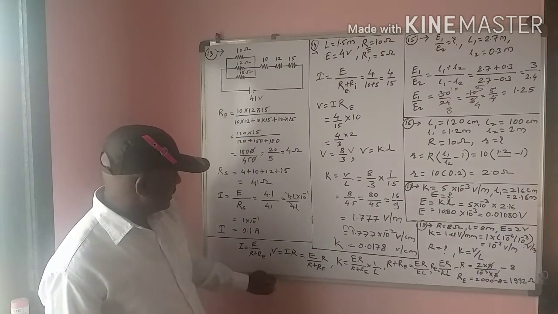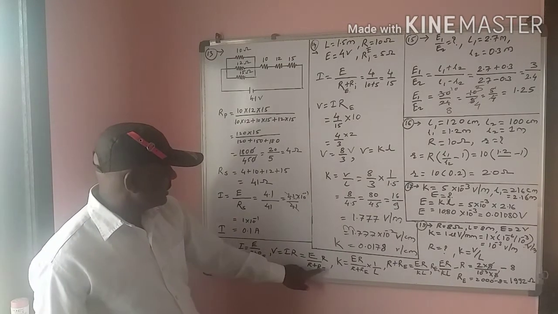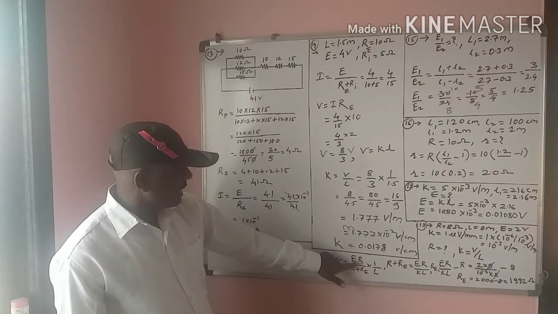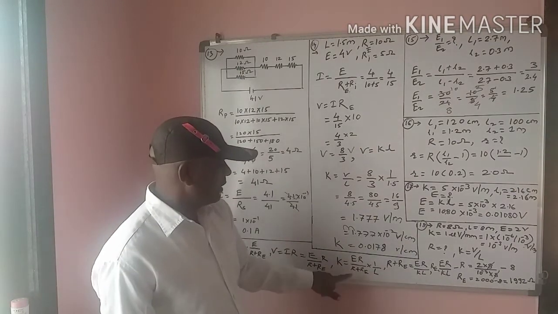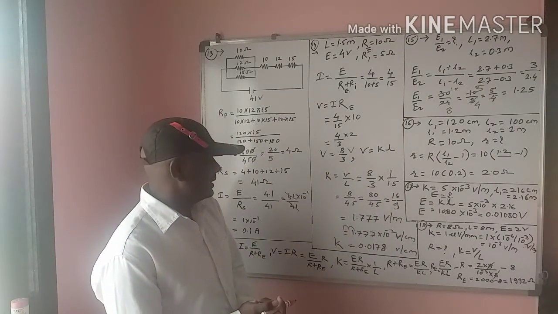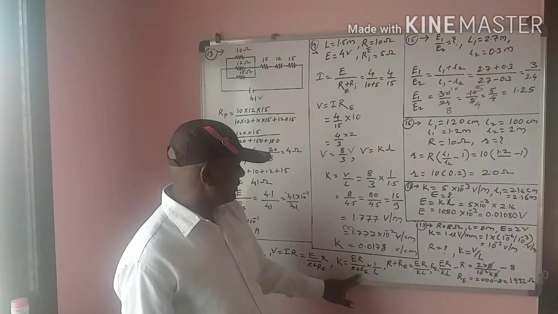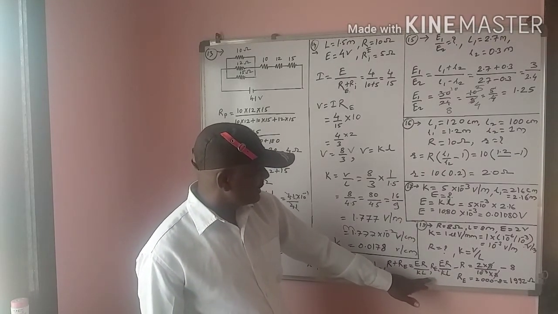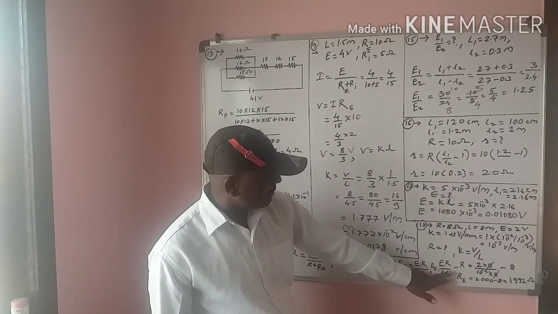Again instead of K, that is K is nothing but V by L, and V's value is this much, that is ER upon R plus r. Dividing by the total length, the length goes in the denominator and is exchanged, and we write here multiply by 1 by L. So here R plus r, this comes here and K goes here, then R plus r is equal to ER upon KL. That is the external resistance we have found out here, that is R is equal to ER upon KL minus r.